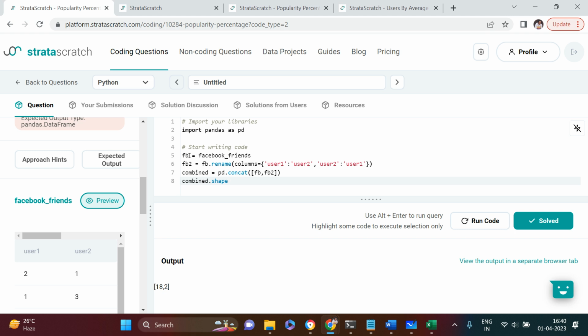Because originally in one data frame we have 9, then same thing we are putting in fb2 as well, so in total it becomes 18. Now after this, what we need to do is simple. We just need to put pivot on this particular column. Okay, let's just have a look at this,